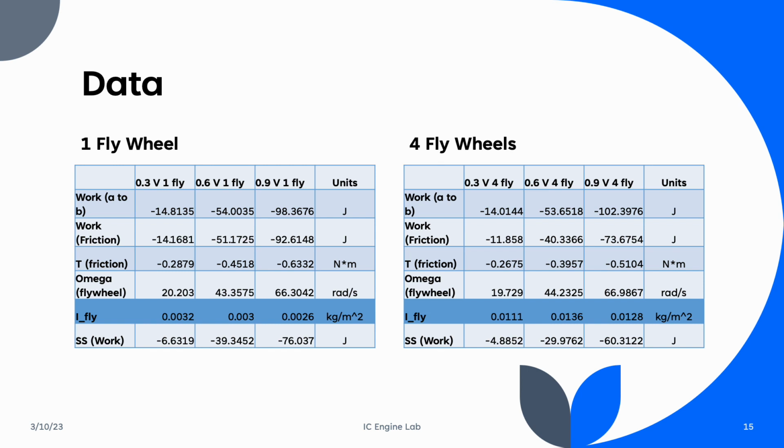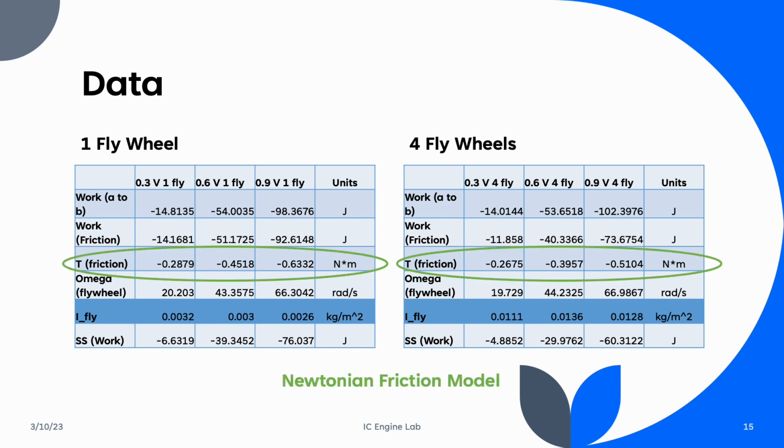Some things to note are that the inertia of the flywheel on the 4 flywheel system is much greater than the 1 flywheel system, and that for the 1 flywheel system and 4 flywheel system, the inertia stays relatively the same between each of the voltages. Something else to note is that the torque due to friction increases as the voltage increases, therefore making it a